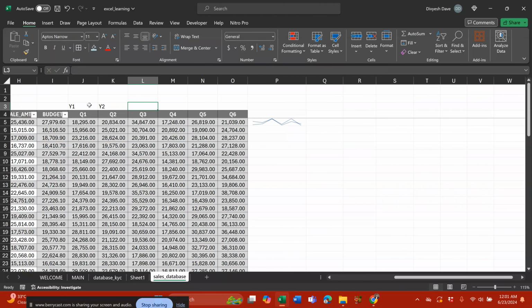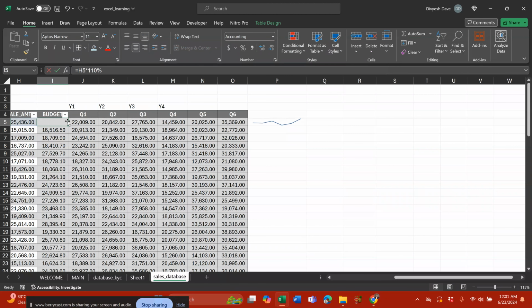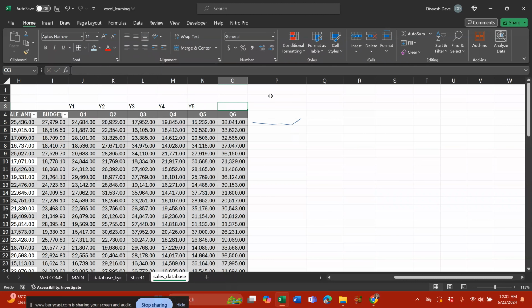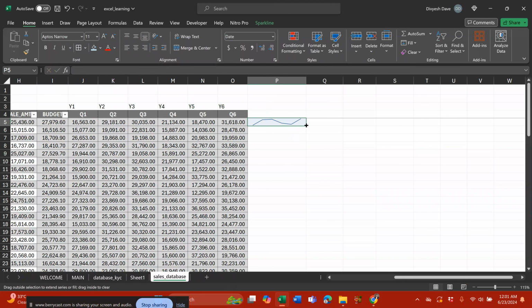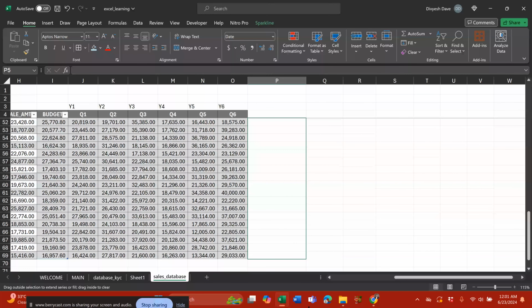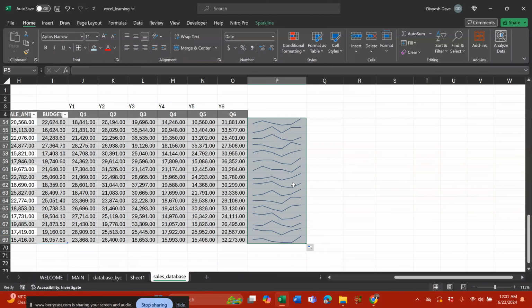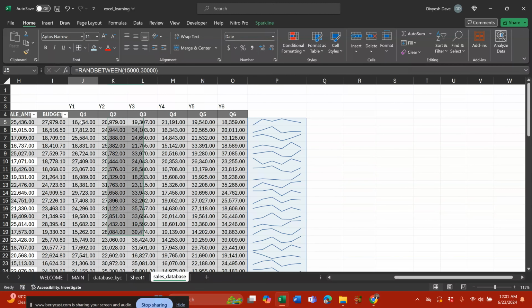So you must have data for all 6 quarters, or let's say you have year 1, year 2, year 3, year 4. Now, why is this changing? Because I put the RANDBETWEEN formula. That's why it analyzes the data; it changes every time we add something new, year 5 or maybe year 6. So in the last years, it is giving us these kinds of trends. So I just copy this quarter 1 to quarter 6, or you can also say year 1 to year 6, and this is how it can show beautifully designed